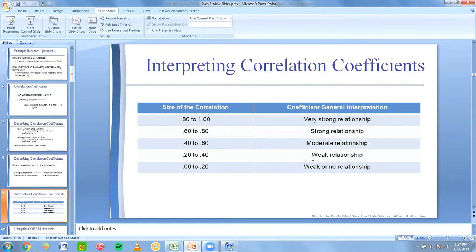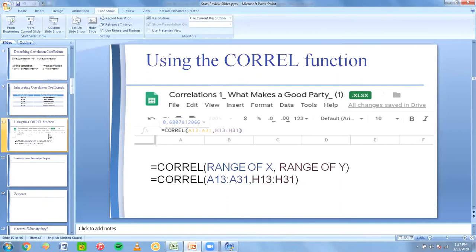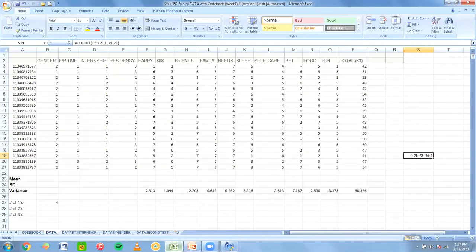Okay? So we can use the CORREL function to find correlation coefficients, as well as the Data Analysis ToolPak using the correlation matrix. So let me give you an example of how to use that. So going back to my data, let's say now instead of just looking at happiness and friends, I want to look at all of these variables: happiness, money, friends, family, whether my needs are met, how much sleep I'm getting,